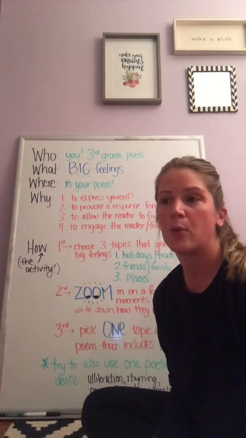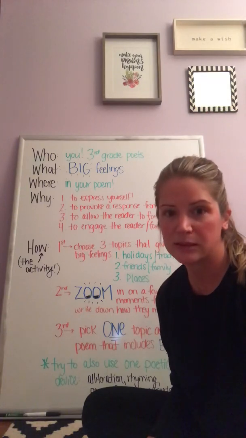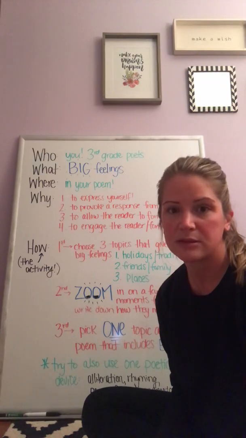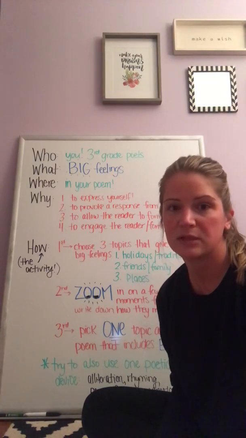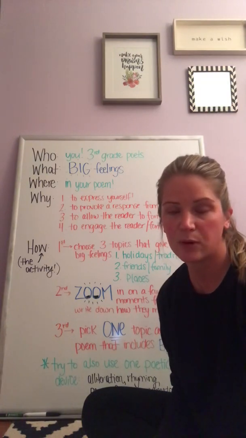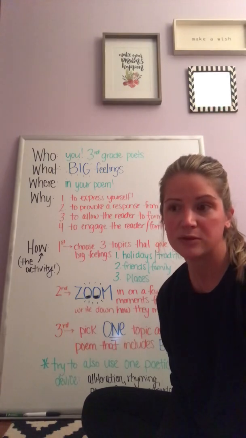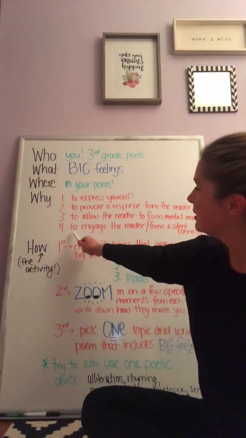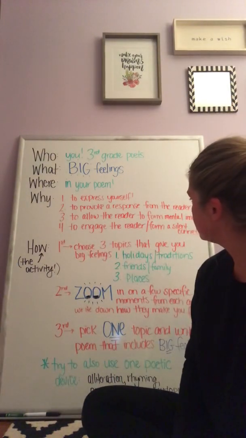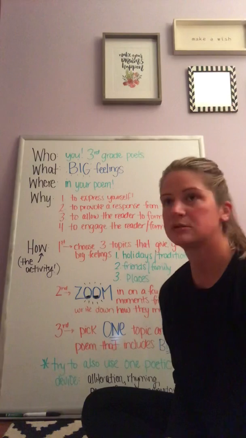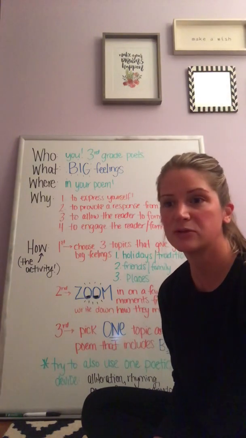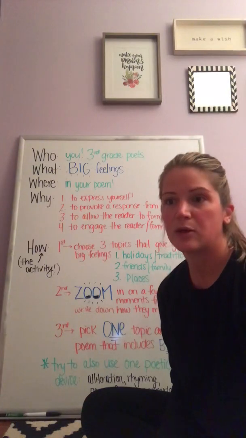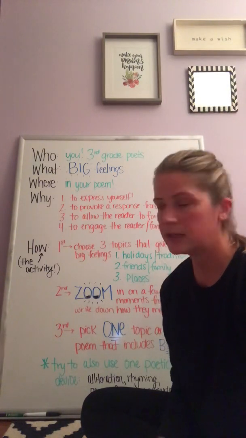We talked about how important it is to have these mental images and use your imagination. Use the words that the author is giving you, the describing words, the adjectives, and all of those poetic devices to form the mental images as you read, especially if there are no illustrations to go along with the text. And also to engage the reader or to form a silent connection. So if you are writing about something that frustrates you, the person reading your poem might also have those same feelings. So it could be helpful for them to read what you have written.